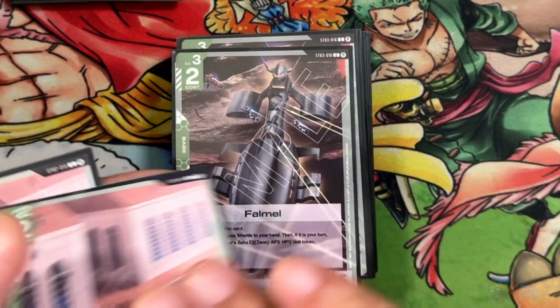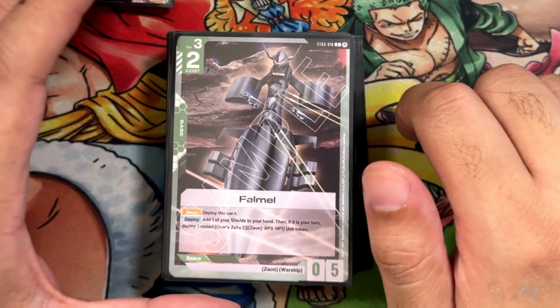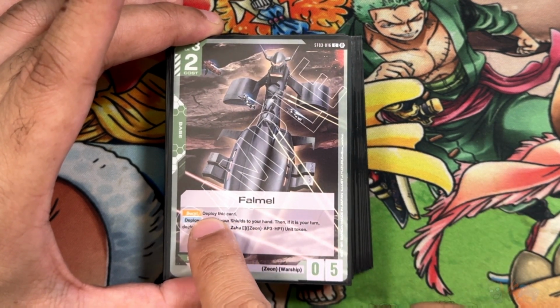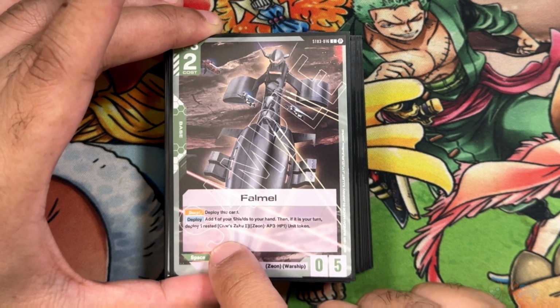Next, we have Famel. So we're running 2 of these and 4 of these. So we have 4 Famels. This is from ST03, 3 costs. So burst is deploy. Deploy is add a shield. Then if it's your turn, meaning it sucks if you get this as a trigger, but at least you get the shield. It's better if you do play this on your turn because you get to deploy 1 rested Char